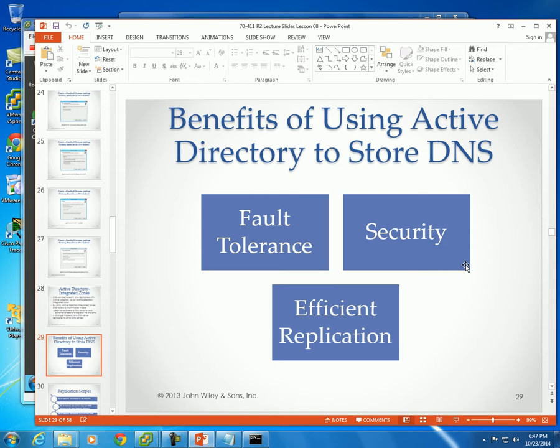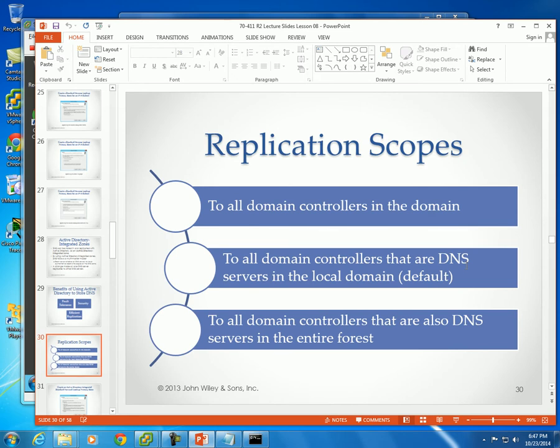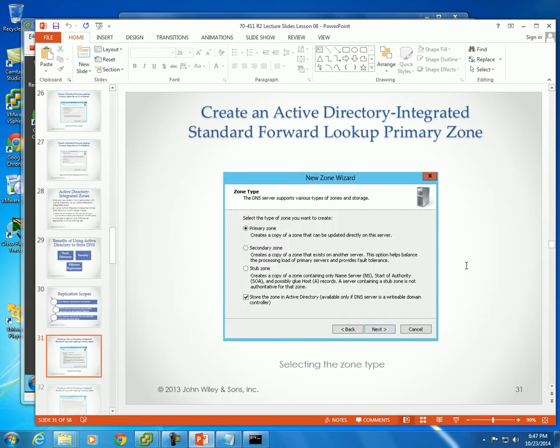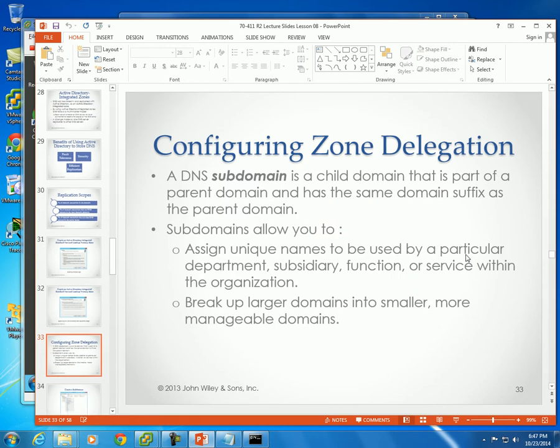And efficient replication, because it updates every so many minutes. All right, I already talked about who you can update to: all domain controllers, those in your forest, and so on and so forth. That's kind of what we already looked at. You can also have a subdomain. At the very beginning, when they showed an example, it was like